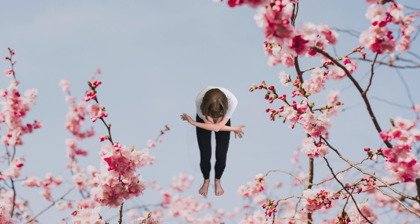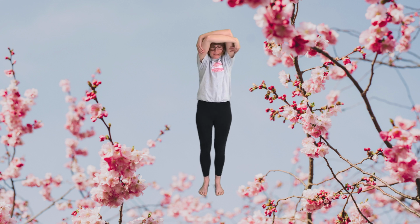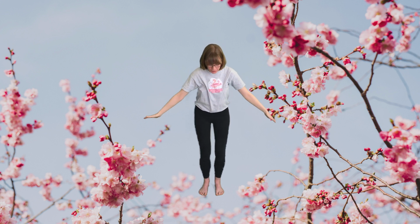Then it's like you're taking off a jumper. You're going to push down with your feet, uncurl your body as if you're taking off that imaginary jumper, and then reach it up, breathe in at the top, and then just relax it down. Lovely, let's do that again. So breathe out as you go down,